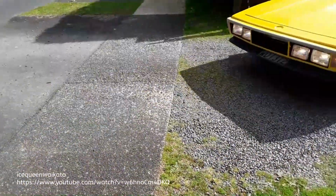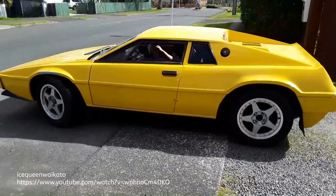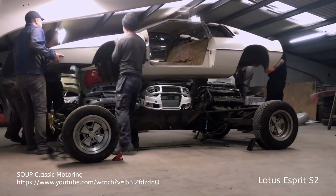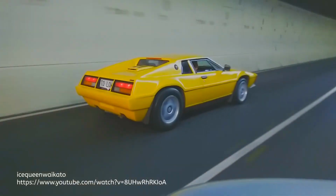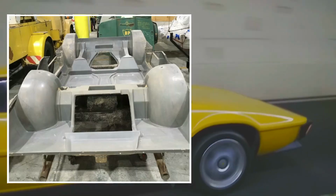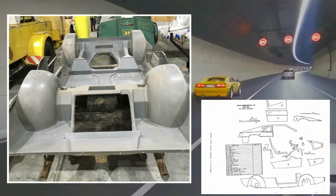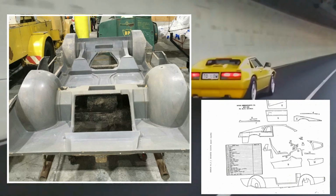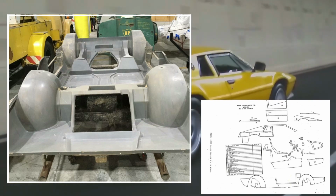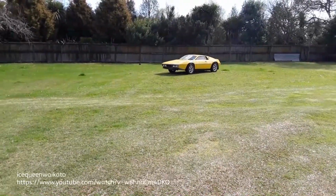Like the Lotus Esprit, the Heron is a mid-engine sports car with a fiberglass body. But unlike the Esprit, which has a steel backbone chassis under the fiberglass body, the Heron didn't have any steel chassis. Instead, the Heron had a complete fiberglass monocoque chassis and body with a stainless steel mesh bonded into the fiberglass in some areas for extra strength. That was a Heron developed patent, so the Heron was definitely not at all just a kit car on a